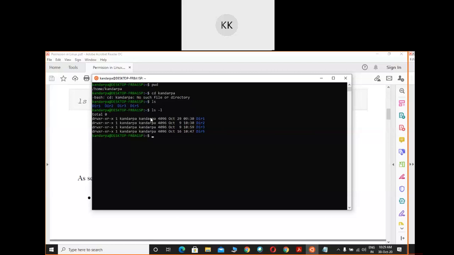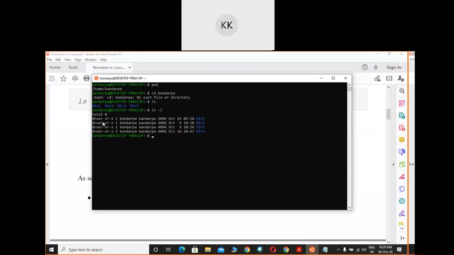There is an option through which you can create the user and the group and assign the password. Later on I will show you how to create a user and how to assign the user to a particular group along with the password. So by default, whatever user you are creating, the name of the group is exactly the same. That's why it is displaying Kandarpo as the username and Kandarpo as the group name.